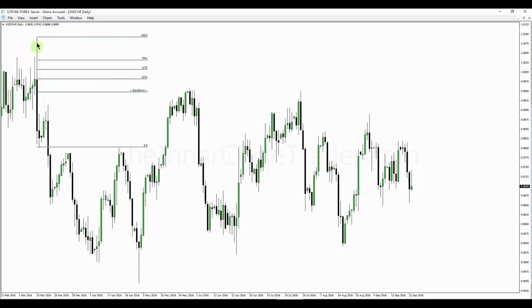Equilibrium, or half of the impulse price swing, has to be at least touched, and then once it hits that, we watch for price to reach up into this area here. Now, there are other disciplines out there, and other mentors and other teachers will say that the 50% retracement level is a good level to trade at based on price swings. I don't agree with that. I understand that sometimes it's going to work, but what I want to do is sell